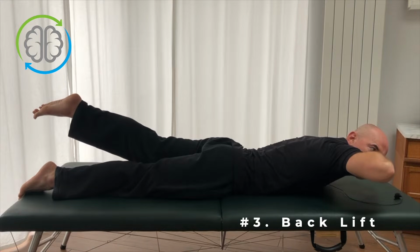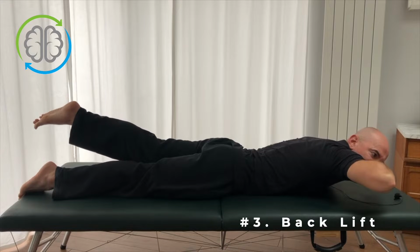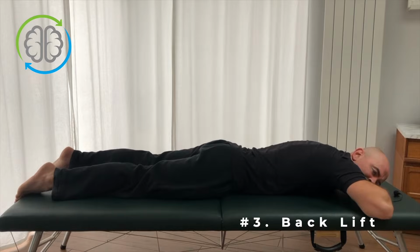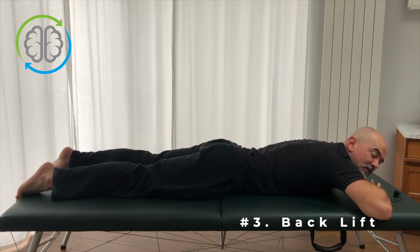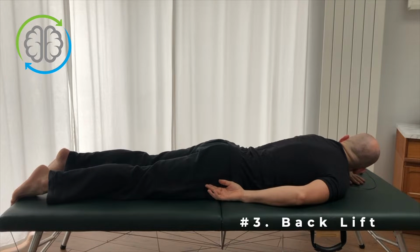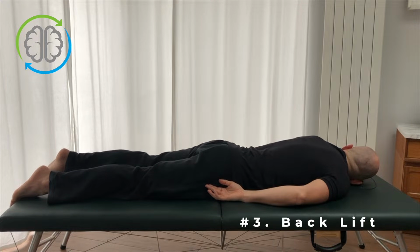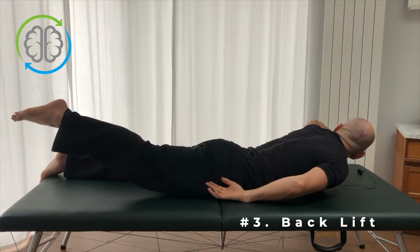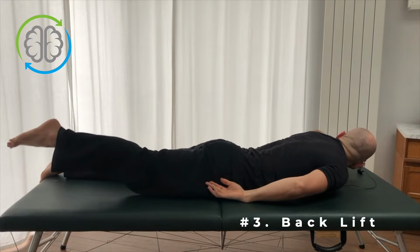All the way up, feel the back tighten, and then slowly coming on down. And now we're going to repeat that on the other side. So now we're laying with our head to the left, our right cheek resting on the back of our left hand, like so. And again, just 3 times, we're going to do that same movement on the opposite side, lifting the elbow, head, hand, and the right leg, feeling the back tighten, slowly coming on down,